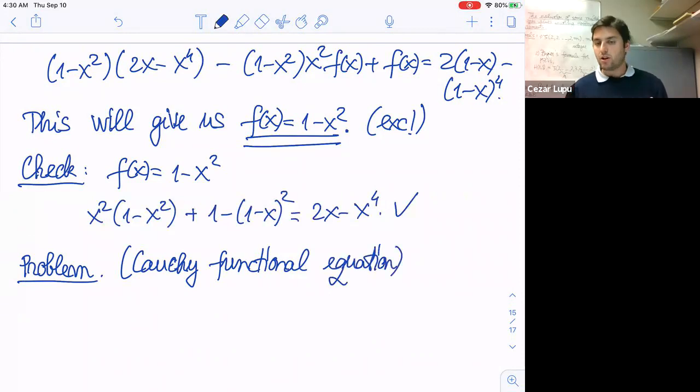And I will solve this equation. This is a very standard thing to do, but I would like to do it because this is important. Like I said, when we talk about continuity, you will see that this functional equation will reappear. And it says the following: find all functions